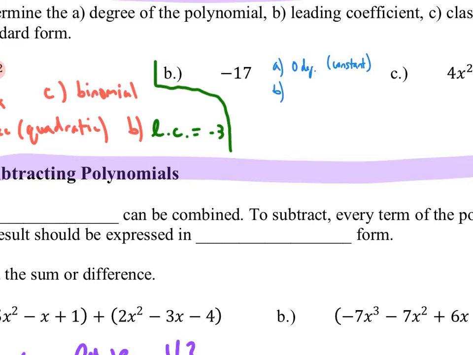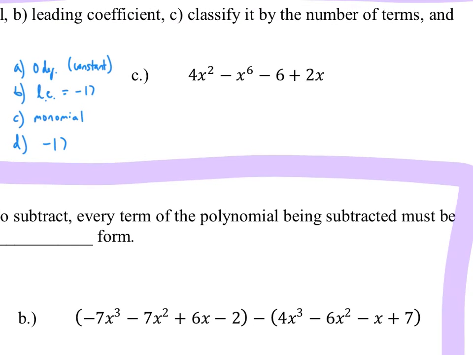The leading coefficient, well, there's only one thing going on here, so the leading coefficient is negative 17, which technically really isn't a coefficient because coefficients are numbers in front of variables. There's only one term here, so this is a monomial. And then D, you're writing in standard form. Well, not much to do there. Only negative 17. And then C,